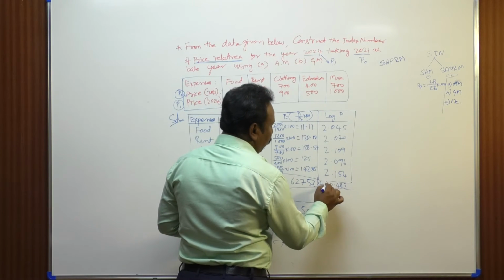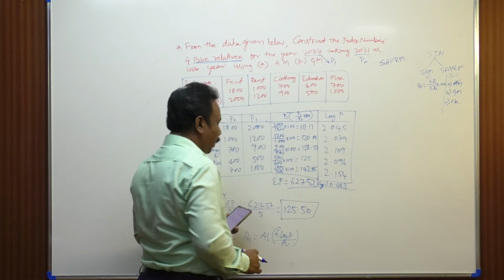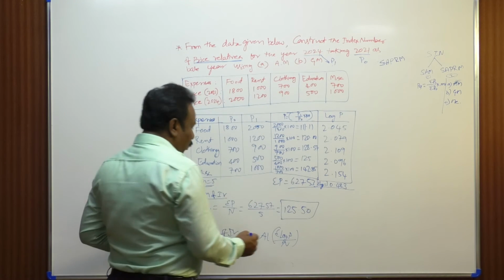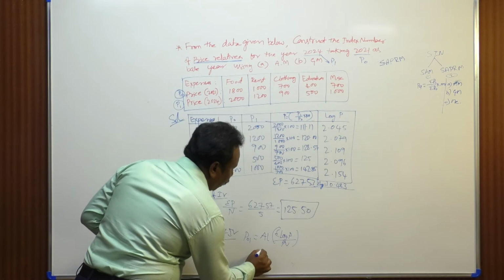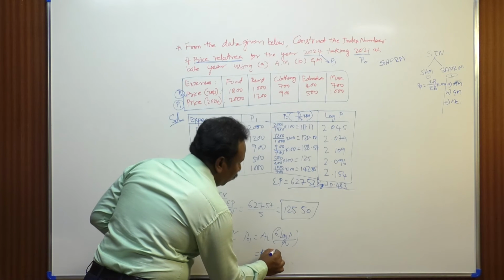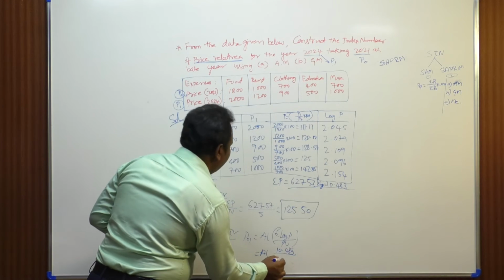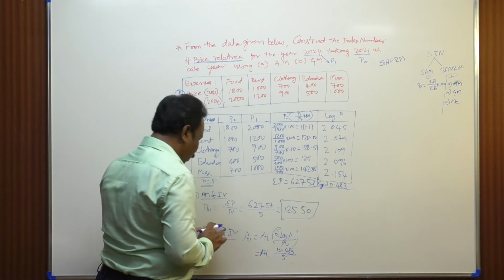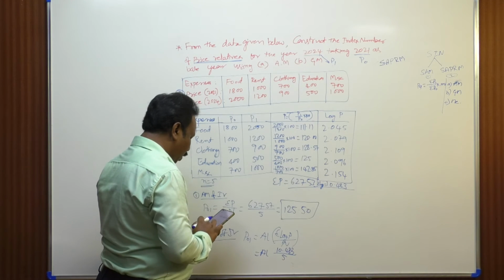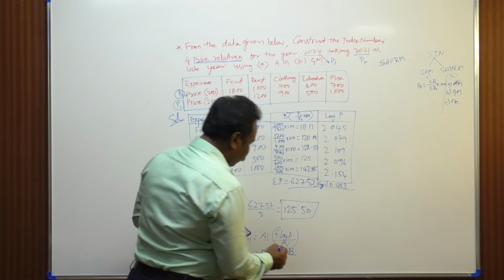Now, anti-log of 10.483 divided by n, which is 5. So, divided by 5 equals, so that is